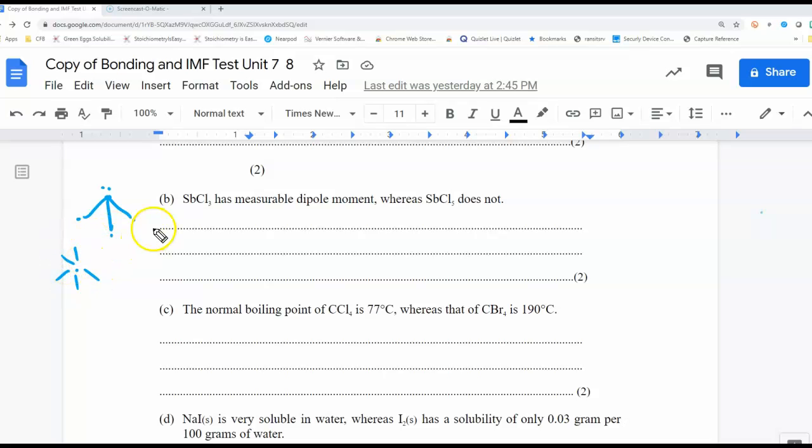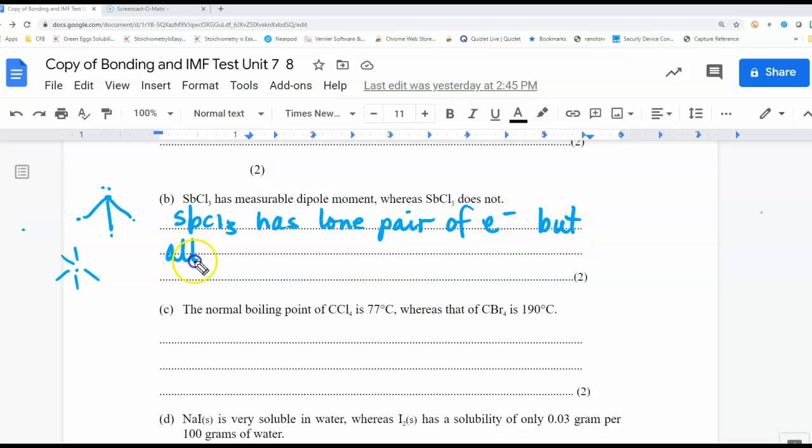So you end up with SbCl3 has a lone pair of electrons, but all dipoles cancel out in